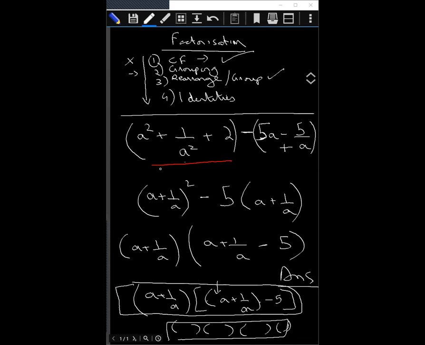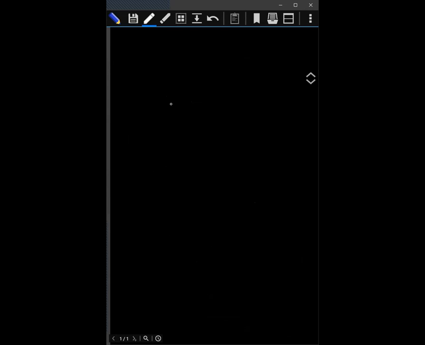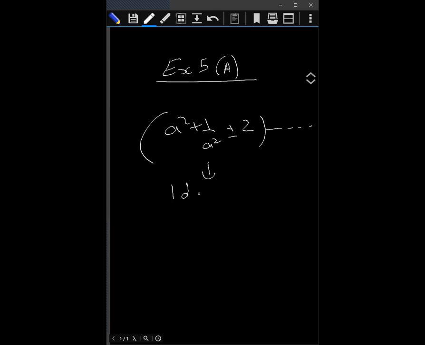I'll do one thing, all of you. Since we've already done common factors and grouping last year, exercise 5A, do it for homework. You have the entire weekend. It's very simple questions, what we've already covered. Only this type, the new one, in which you'll be given a squared plus 1 upon a squared plus or minus 2. And we'll give other terms also. So just use the identities to factorize further. Okay? And then proceed. Okay, sir. So exercise 5A will be homework, completed over the weekend. And on Monday, we'll go further with the chapter.